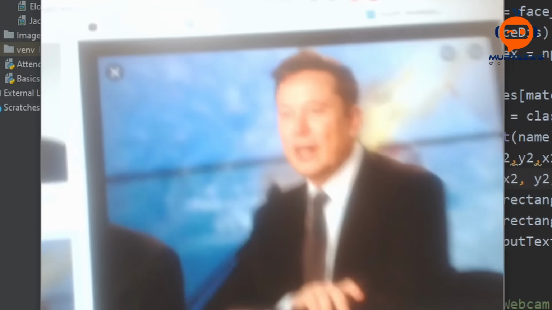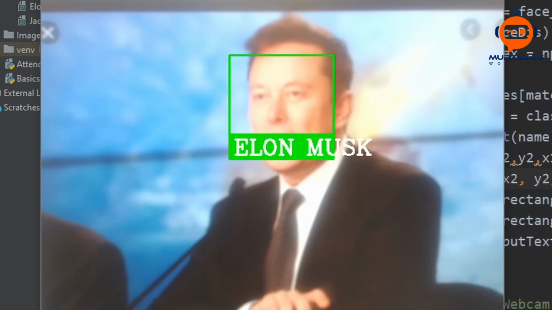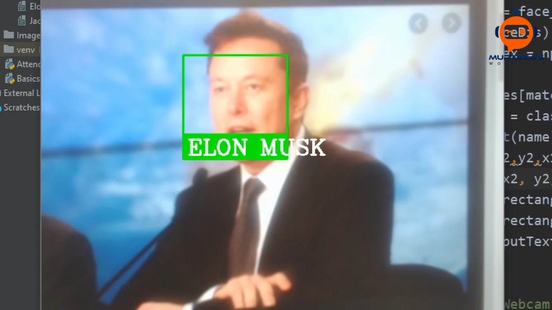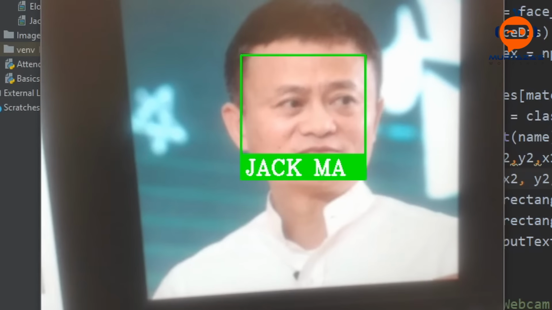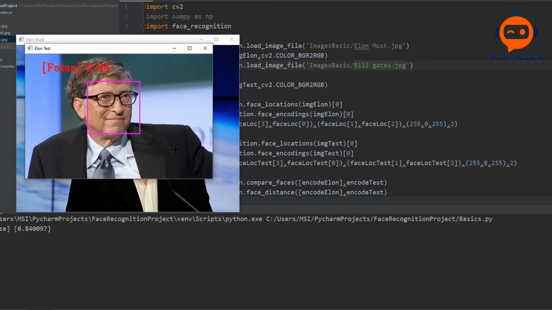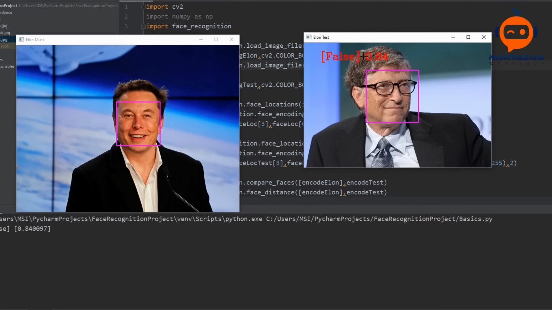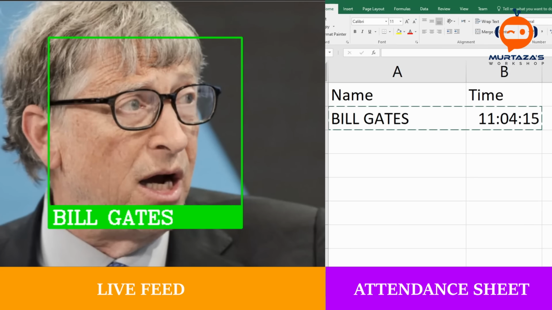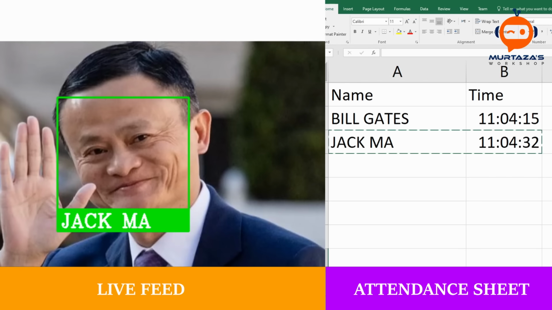In this video we are going to learn how to perform facial recognition with high accuracy. We will first briefly go through the theory and then learn the basic implementation. Then we will create an attendance project that will use a webcam to detect faces and then record the attendance live